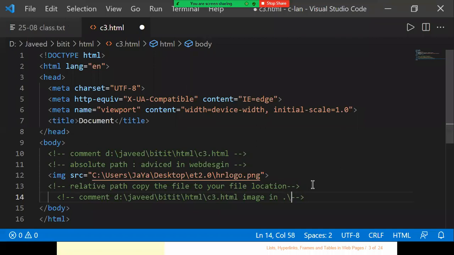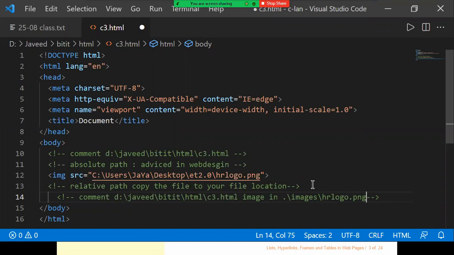In that, I have created a folder called images, and in that images folder I have copied my file called hrlogo.png. The file is copied there. Understood? Are you able to understand what I'm telling? If you're not able to follow, or you have any doubts, you can unmute your microphone and let me know.